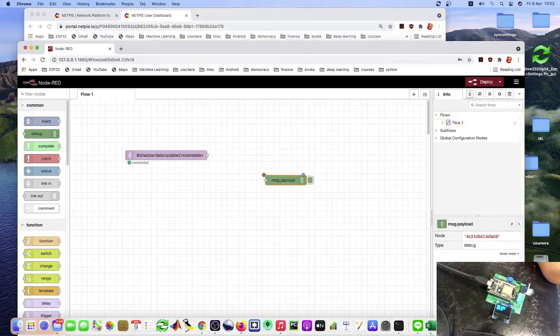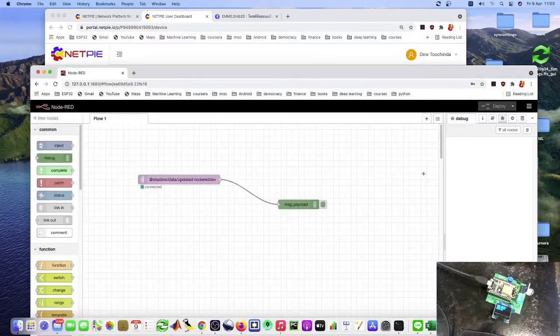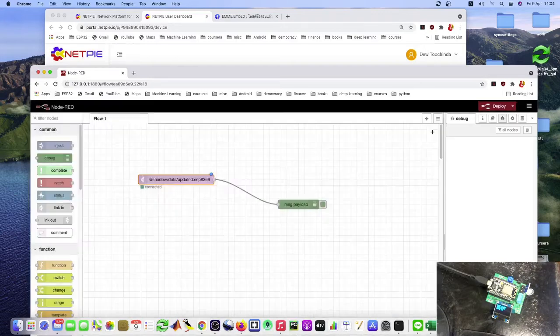Drag the debug node here. This is the device that is connected to the hardware, and this is the one that has the data in the shadow. So in this setup, shadow data update is the data in the shadow, and colon, and then the device that is connected to the hardware. Okay, deploy,